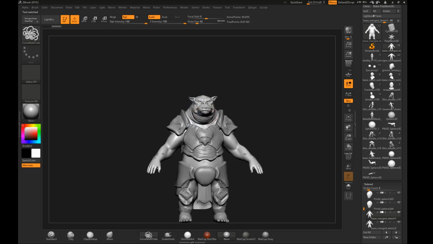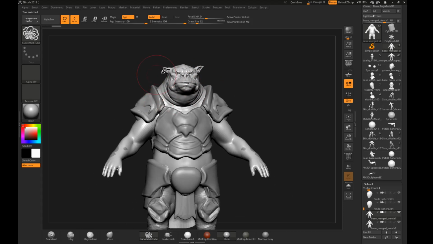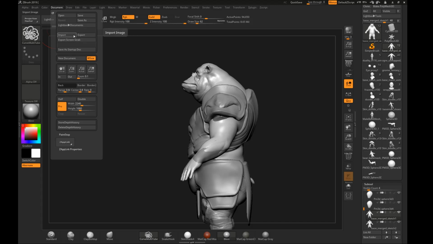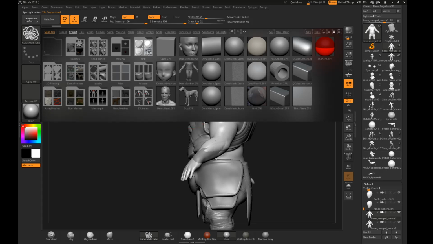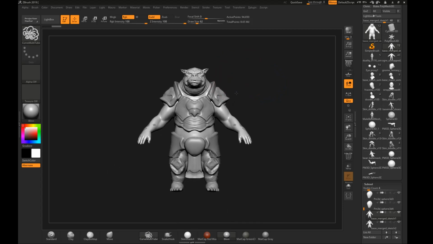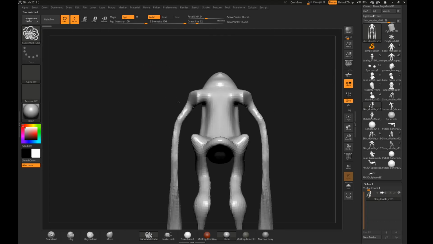So if someone has some stuff like I did, created a bear base mesh, I would certainly save that stuff and use it whenever I can. For instance, the dog base mesh that is inside of ZBrush can be very helpful as well. It already has a layout, and it gives a quadruped character. So that can be a very handy tool when you need to make quick concepts. But for the rest, I would say try to create stuff from scratch and stay creative,